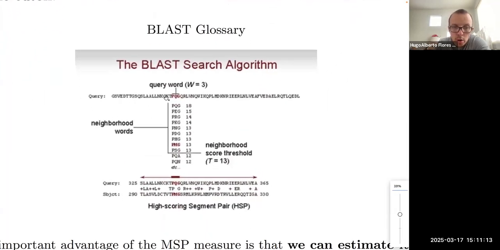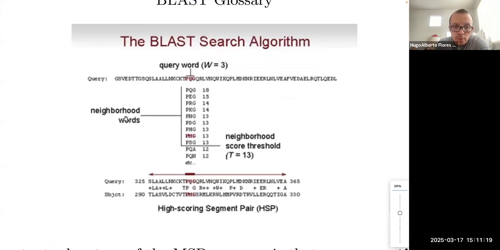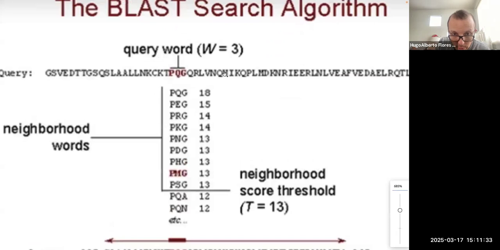I would like to work around this word, and what it means is a neighborhood of the words. So I'm considering some combinations of three letters that are very similar to this one. If the original word is PQG, that's the one that I have here, PQG,